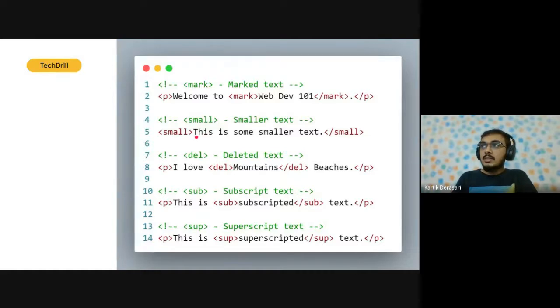The same goes with small, which generally lowers the size of the text. The same goes with delete, subscript and superscript. These are pretty easy tags to learn.